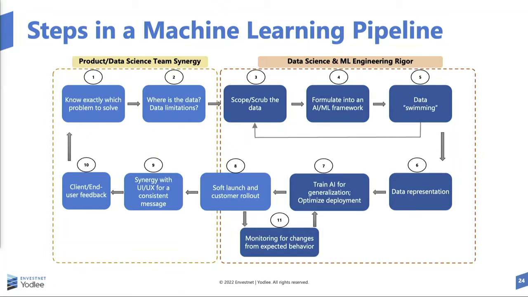And as you go through the food chain, this is what I formalized in my company. I call it a discovery phase. For all projects which have a data science component built into them, I have mandated that you have a discovery phase, the outcome of which is a go, no-go kind of decision. Where you scrub data, you formulate an AI machine learning framework, you do data swimming, try to solve the problem at a small scale, and iterate through that. To me, that's the most important part.